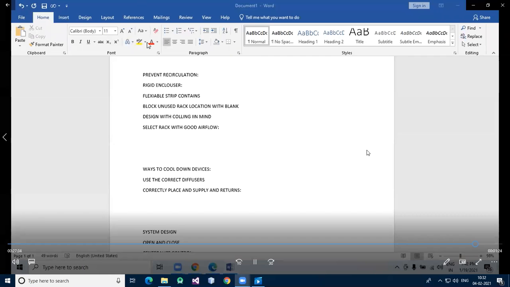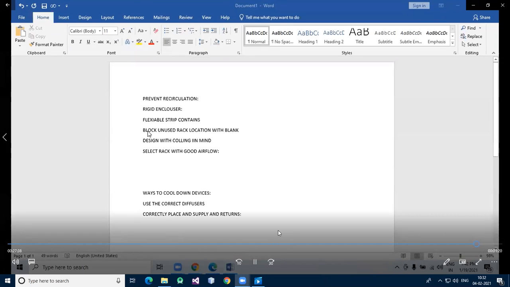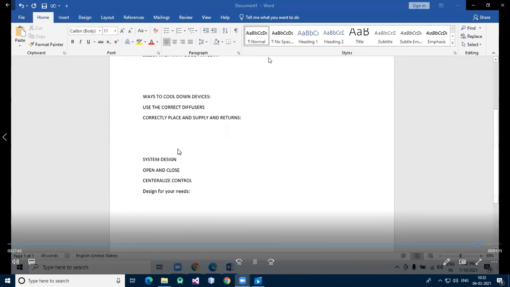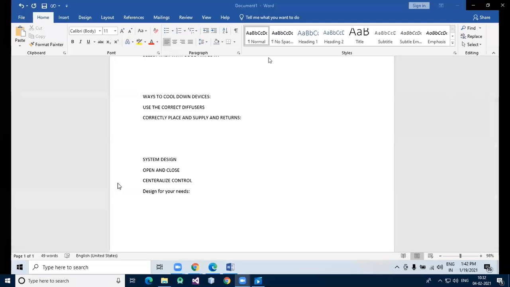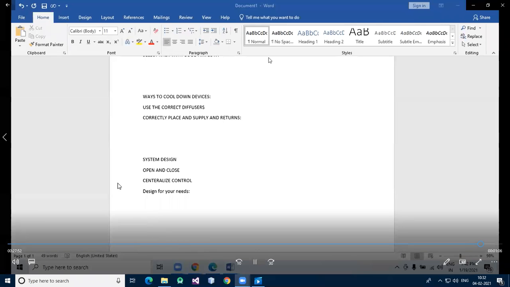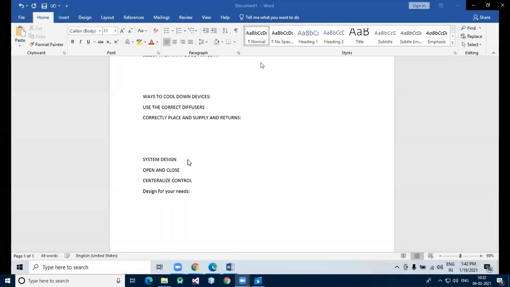So we have seen prevent recirculation, rigid enclosure, then block unused rack locations. These are all points we have seen to protect our environment, meaning how we can reduce the cooling and how we can try to reduce our electricity consumption.